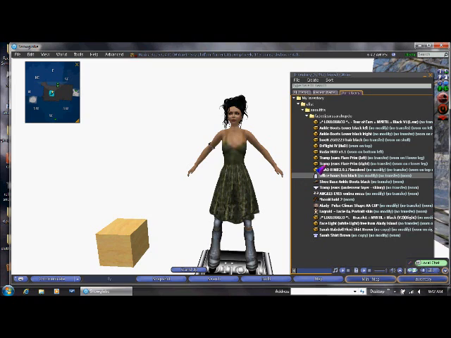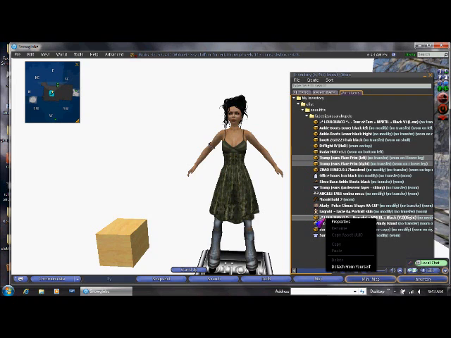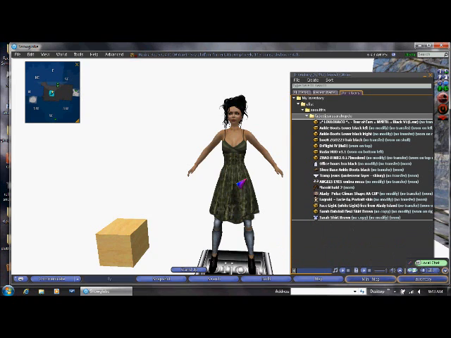Say I want to take off my bra and then I want to take off the legs of my jeans, and I hit control. When I left click on that, it's not letting me take anything off because the attachment is a completely different thing than the clothing item. So I can click multiple attachments to take off all at the same time. I can take off as many boxes, left click, and now it doesn't say take off, it says detach. So you detach them and they'll all come off